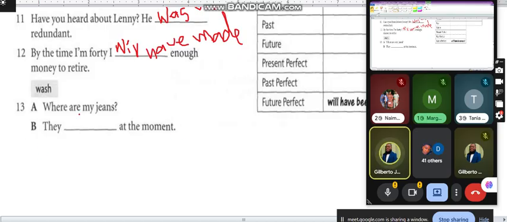So it's obvious to everybody: it would be the present continuous tense, because we're talking about an action which is happening at the moment. The question is, where are my jeans? They are being washed. This means the action is happening now, as we speak: are being washed. Okay, now we go to